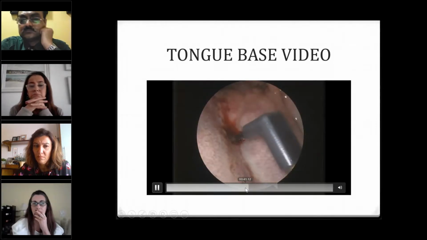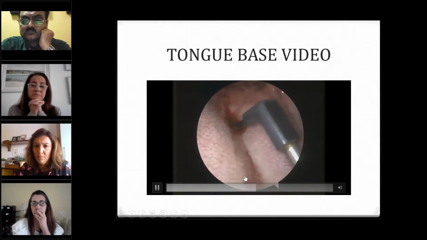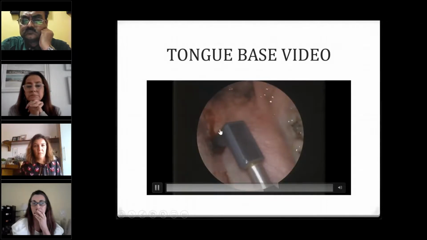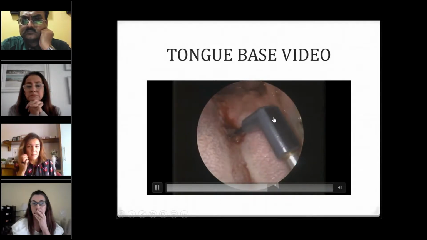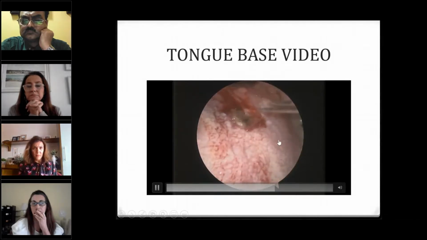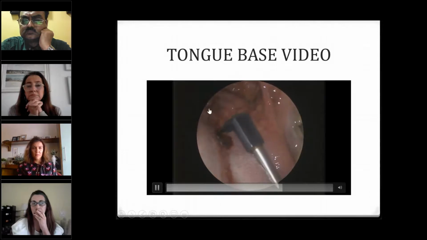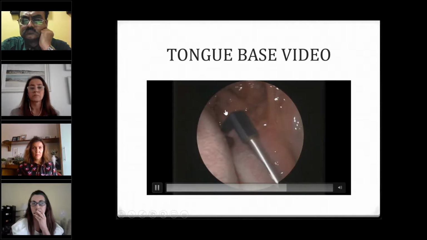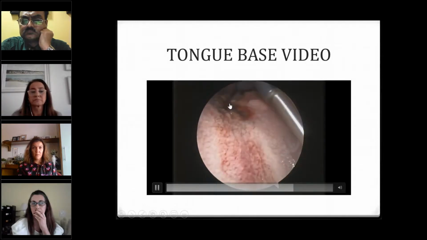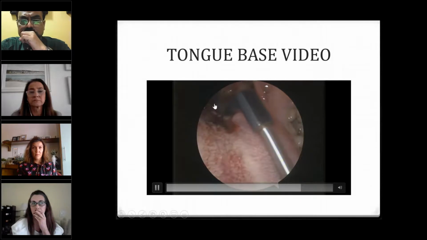Now we are inserting the radio frequency probe. That's the radio frequency probe. Here you can see it's a 90-degree angle. This is the tongue base probe. There is a palate probe, and a turbinate probe, with different angles. So here we're giving radio frequency. That's how we insert the probe posteriorly, behind more, but close to the center to avoid the neurovascular bundle, and give radio frequency energy.